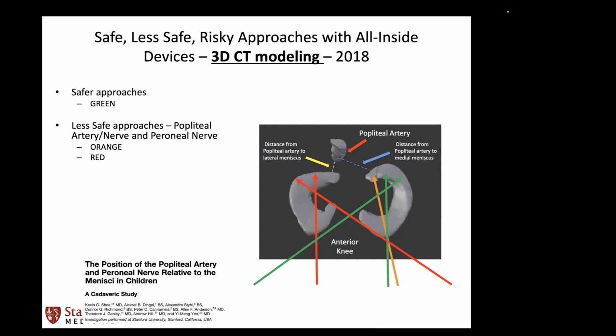You got to really pay attention because you're aiming both towards the popliteal artery, but also the tibial nerve and the peroneal nerve, which is not in this model. So keep that in mind as those green, orange, and red areas, and be very careful over-penetrating with your all-inside devices, or if you're doing inside-out or outside-in, make sure you've got those clearly protected with